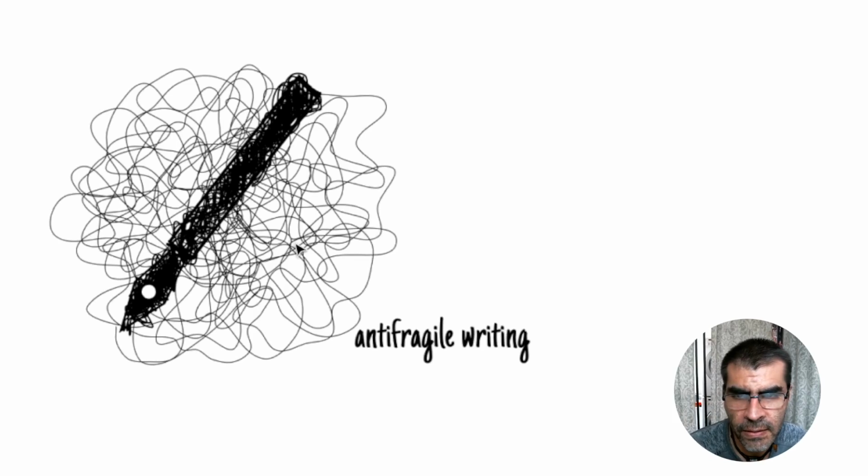And that is part of the things that we see in the course. The first part, in fact, is trying to find your stressors to see which of them are better for you. Try to optimize them, to systematize them, and try to make a personal method or framework for producing more text, producing more ideas, thinking better when you write, and using writing for thinking. That's the idea with anti-fragile writing, particularly with stressors.